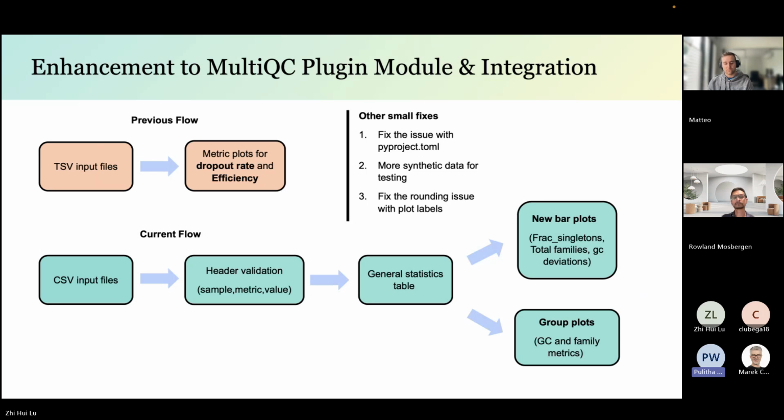And so that made the CSV parsing more robust and seamless. On top of this, we implemented a general statistics table, which gives a high-level overview of the key metrics across multiple samples. Additionally, we implemented new bar plots for fraction singletons, total families, GC deviations, and also group plots for GC and family metrics. And finally, we made key bug fixes to the previous code of the MultiQC plugin, one